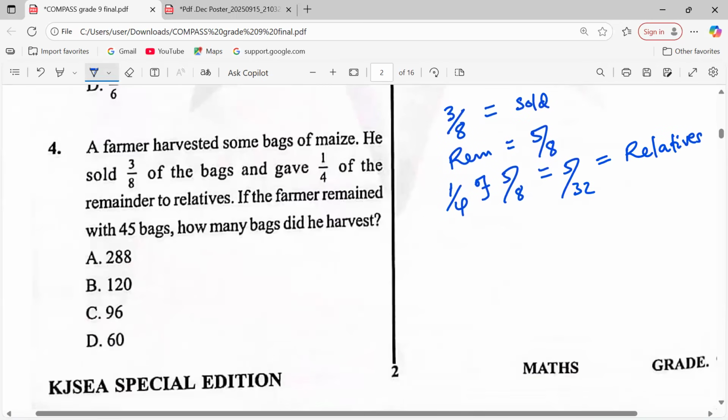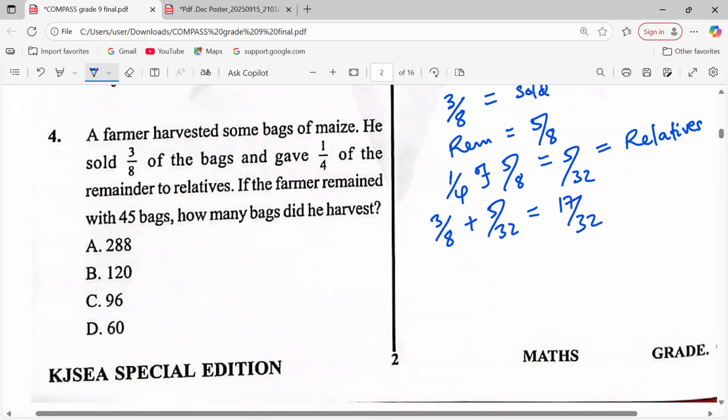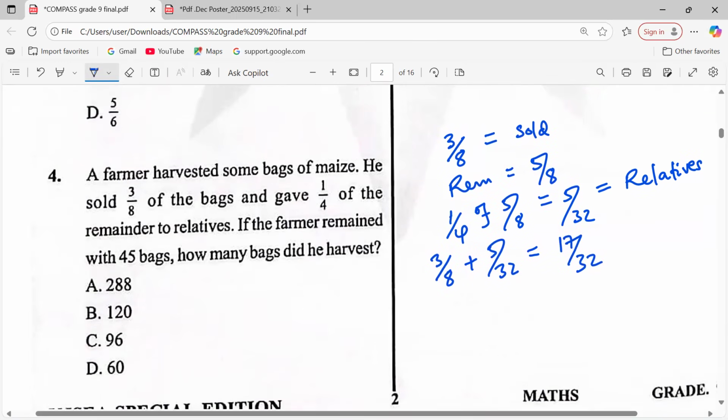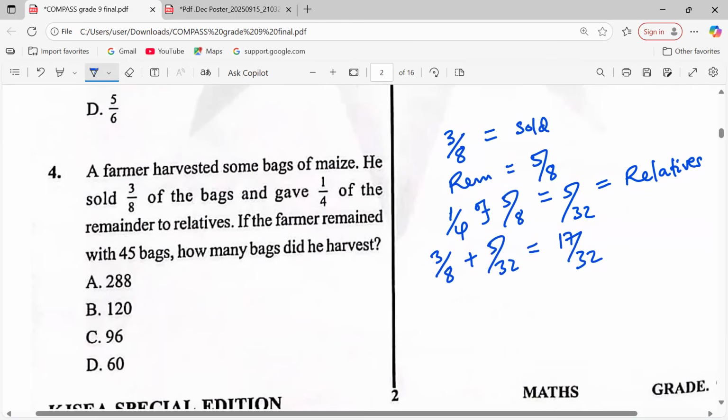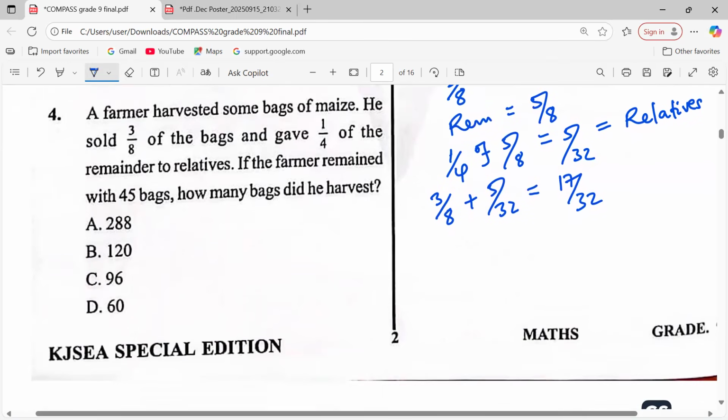That way. If that is what went to relatives, then we can check the fraction that remained. So far we have spent 3 over 8 selling, 5 over 32 for relatives. Therefore, we'll be having 3 over 8 plus 5 over 32, giving us 17 over 32. Now, if 17 proportions of 32 have already been used in selling and also giving to the relatives, then